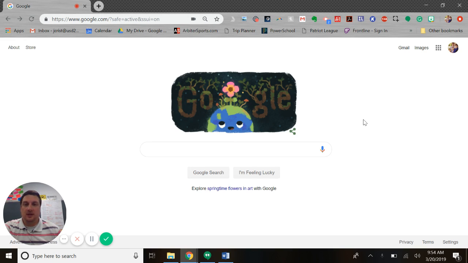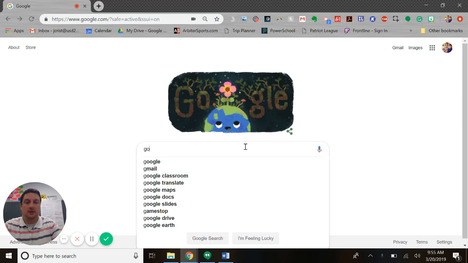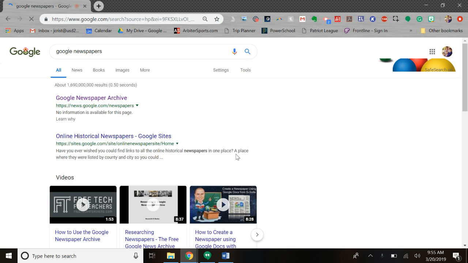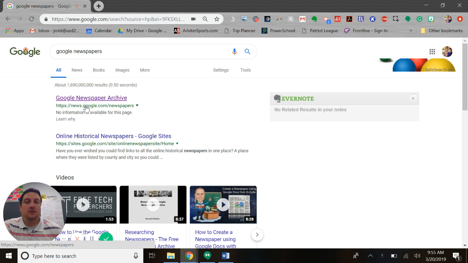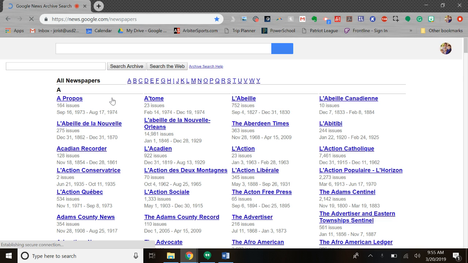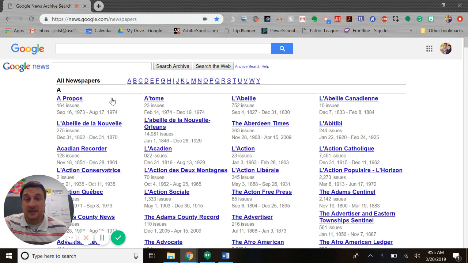So this is a feature that is buried, or maybe a lot of people don't know about inside Google, which is the ability to go back and look at old archived newspapers that have been digitized. So first of all, the way to get there, if you just do a quick search for Google Newspapers, I'm going to take you to the first one here, news.google.com, and then /newspapers. So news.google.com is like today's news, but if we get that /newspapers in there, then we get this big list,